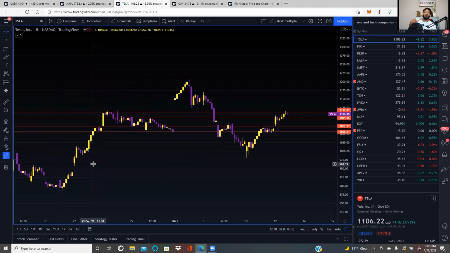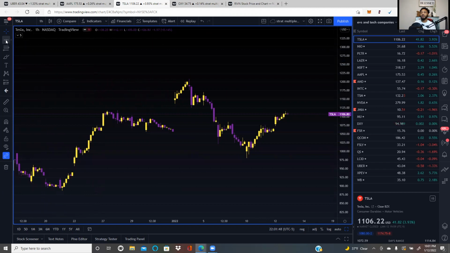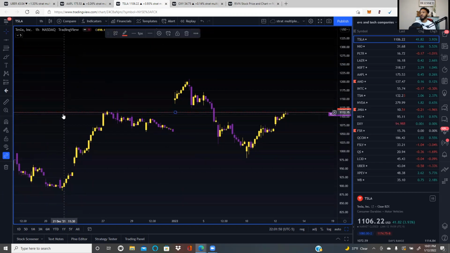Now, to gauge how to enter your trade, you want to know where your resistance and support is to enter a trade. So let's take this off right here, right? So we're going to mark it back up. Resistance,